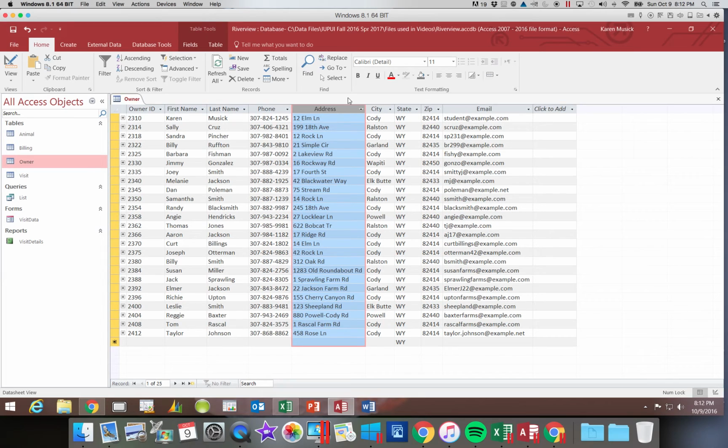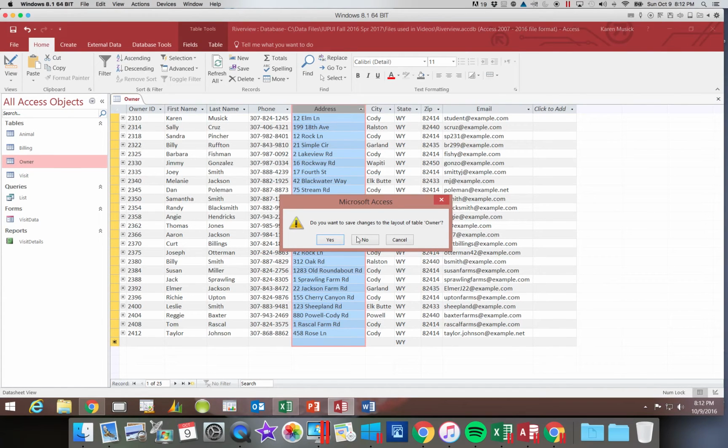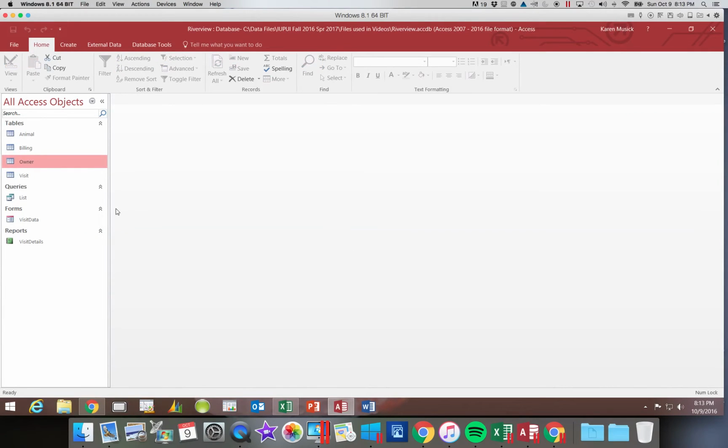Let's go ahead and close this table. Remember that when you are editing records, you need to make sure the pencil disappears before you close the table, because if the pencil is still present, your changes have not been saved. I'm going to go ahead and say yes to save the changes. And we're going to open up the